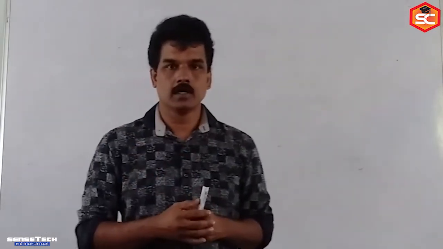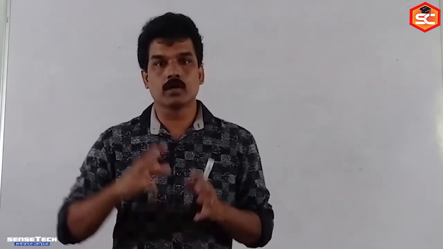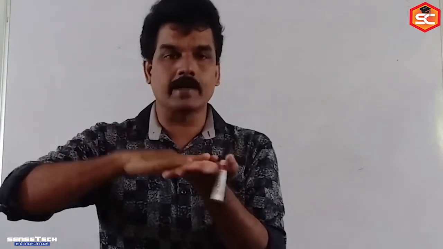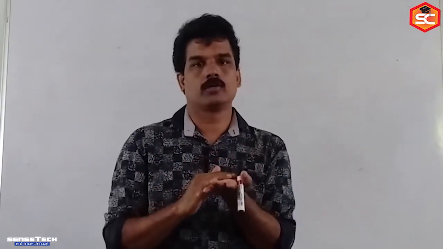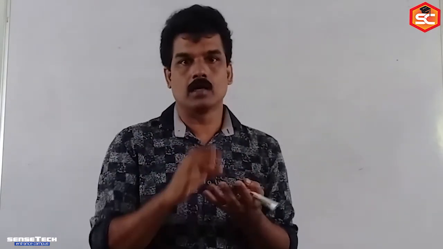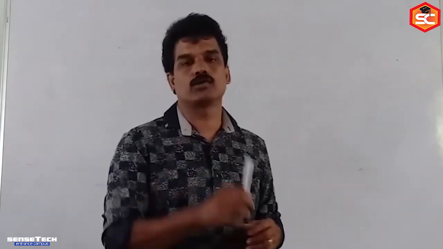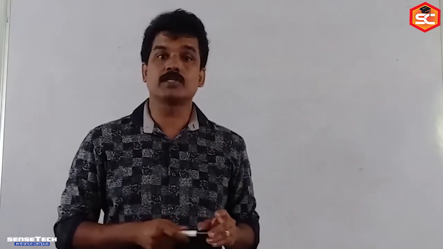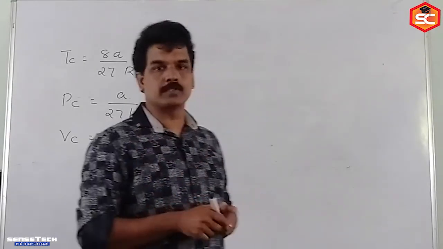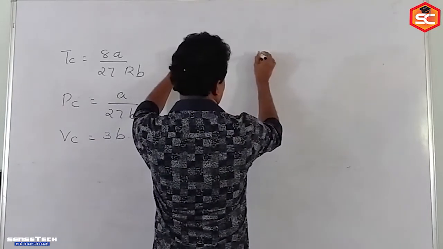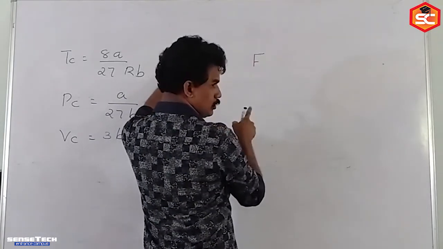Then viscosity. Some liquids have a tendency to restrict their flow, because when they come in contact with the surface, their friction will be more. To reduce the friction, the tendency of flow also reduces. That type of liquid is called a viscous liquid, and you know how to calculate the coefficient of viscosity, eta, of a viscous liquid. Viscosity means the viscous force, the friction, acting on the surface.